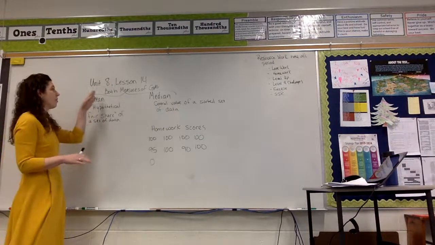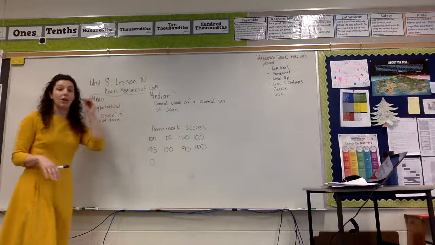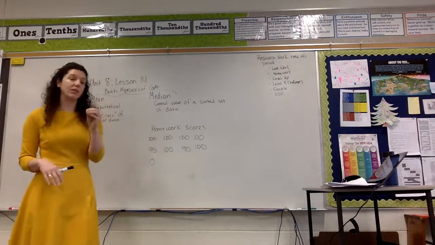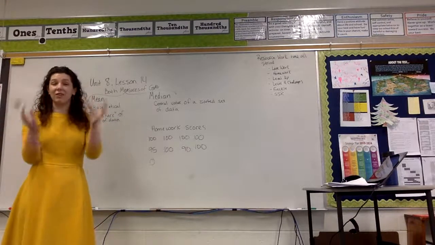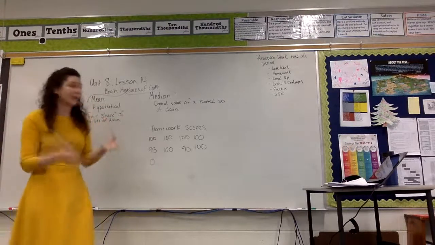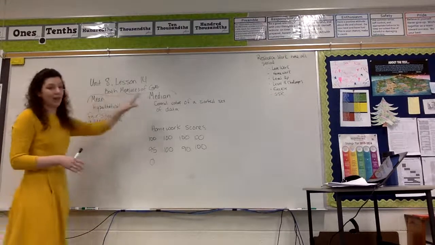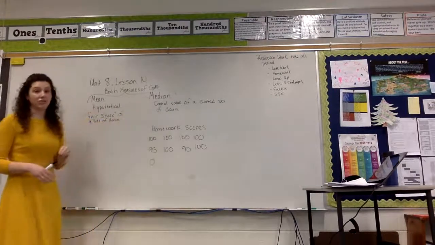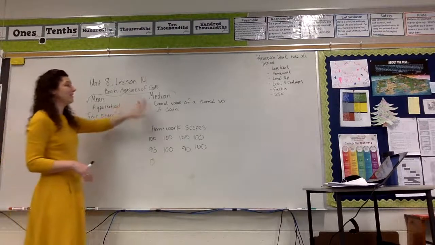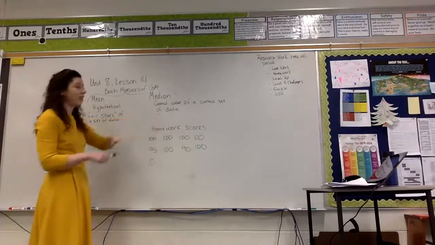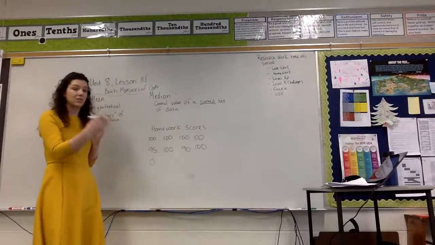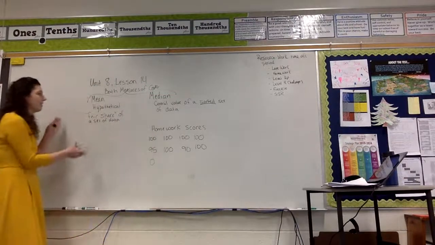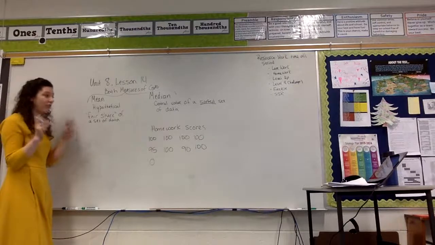Math Unmasked for Unit 8, Lesson 14. Today we were talking about measures of center, different values that we have when we talk about data that are found in kind of the middle of the data set. Both mean and median are measures of center. So just to remind you, median is a central value of a sorted set of data, and that sorted is really important. You have to put it in order from least to greatest in order to find the median. And then the mean, which is a hypothetical fair share.